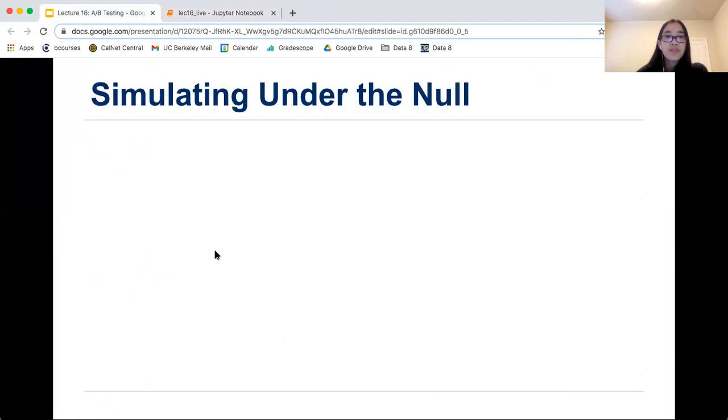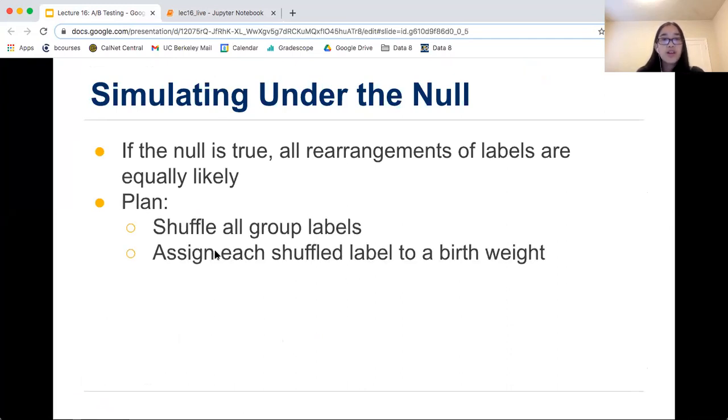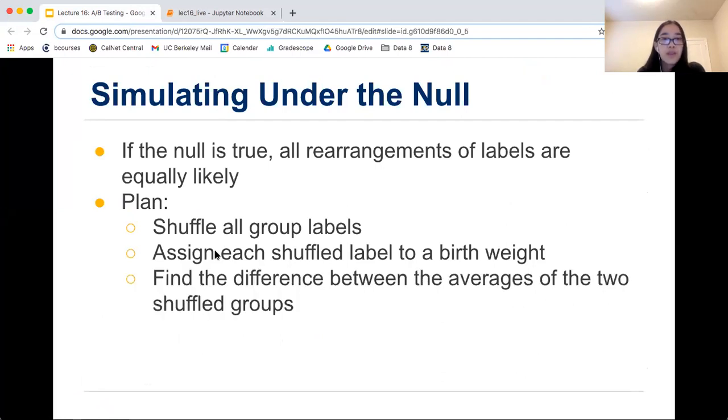Okay, so now let's go into how we're simulating under the null. If the null is true, like we said, all rearrangements of labels are equally likely. So our plan is to shuffle all the group labels, assign each shuffled label to a birth weight, find the difference between the averages of the two shuffled groups, and repeat that.